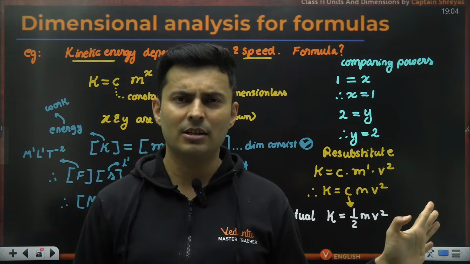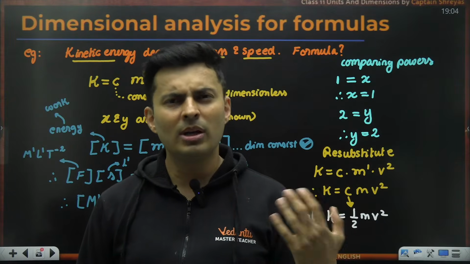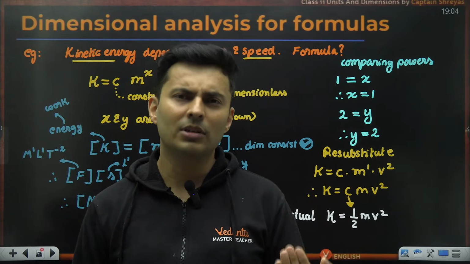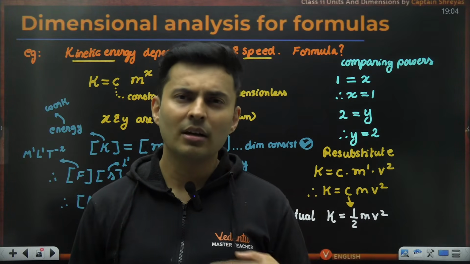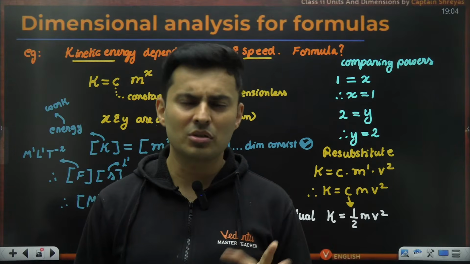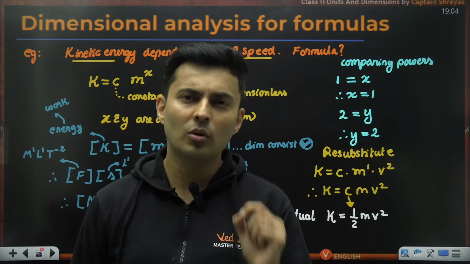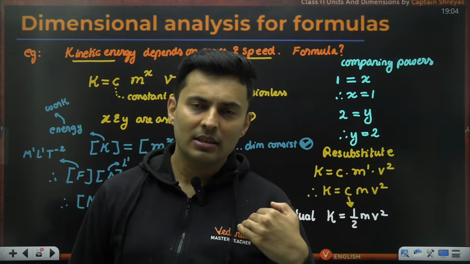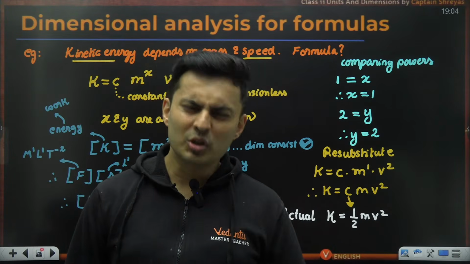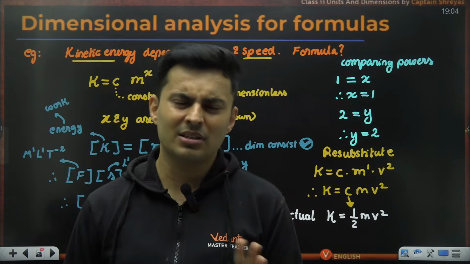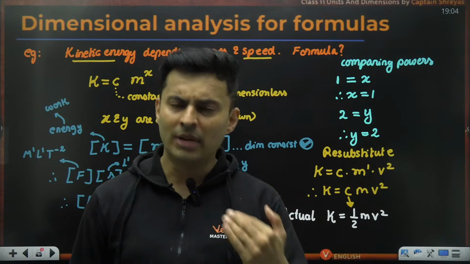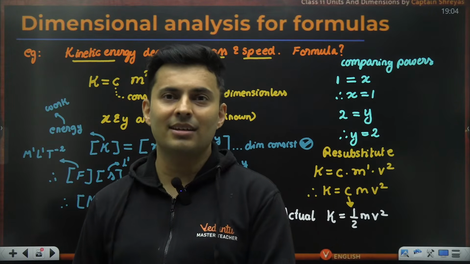Per day, start off with 10 questions. If you're an 11th standard student, just 10 questions. Slowly make it 15, 20, 25, 30. When you reach 12th standard, you should be solving around 40 to 50 questions per day. That is a good amount of practice as long as you're completing the syllabus. Don't solve more than 30, 40, 50 questions. That is good enough practice, but maintain that consistency.